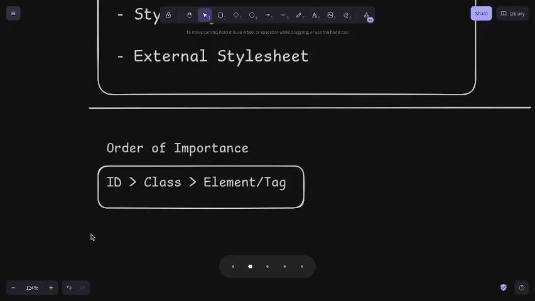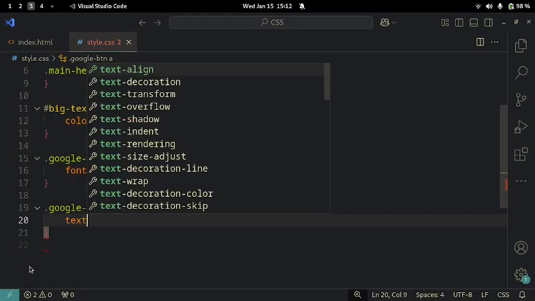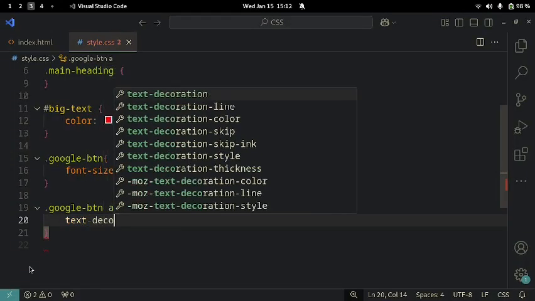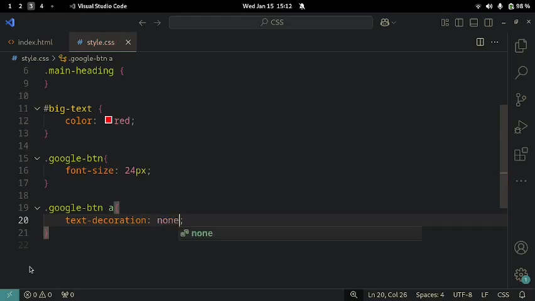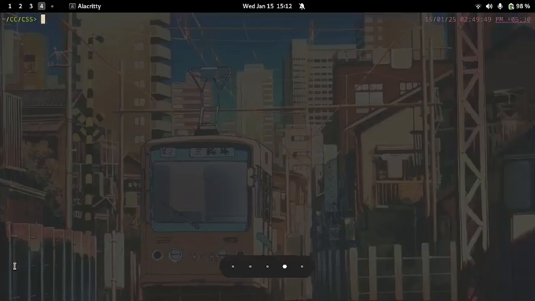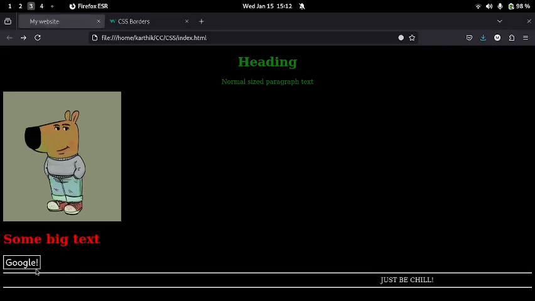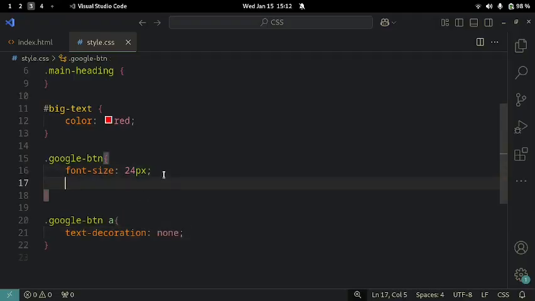So actually, to be honest, we are technically removing the default styles. So text-decoration is the type of style that's applied here, and then we basically specify none to remove the default underline. And if we refresh this, that underline is gone. It's just a normal thing. And let's say we want the button to be a little bit rounded as well. So Google button, I believe,